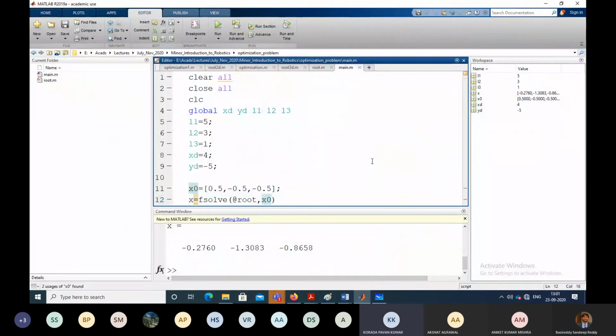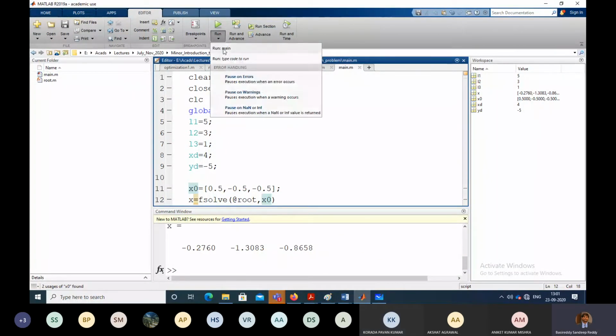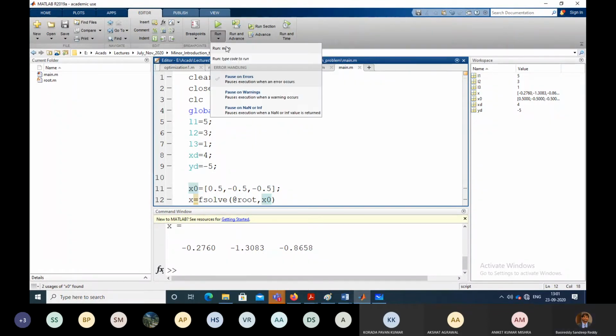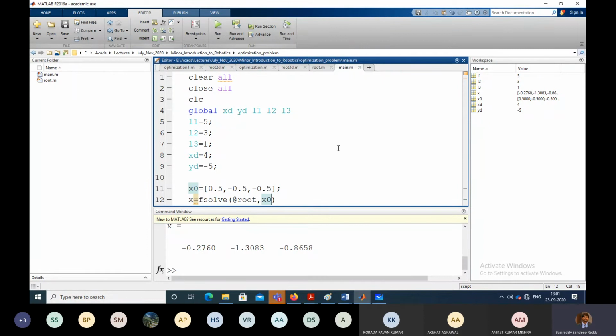How did you run the file, sir? Over here there is run and you can run main, or you can click F5. F5 also will run. Click run, it will run.